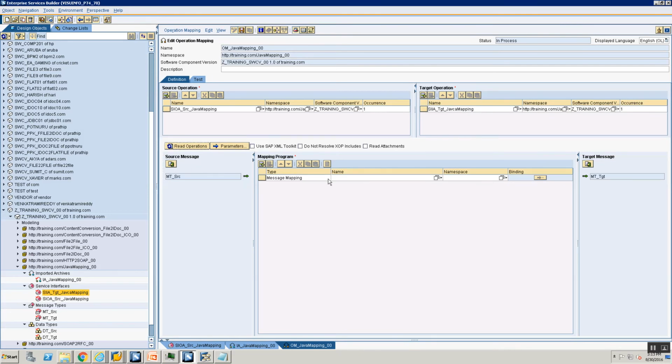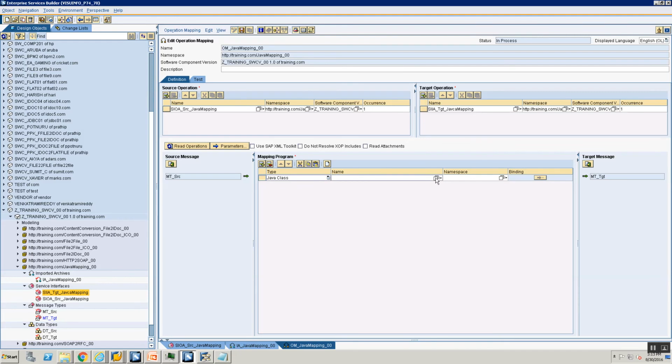Okay. Now, so far we would always drag our message mapping, but can you look at the drop down here? The drop down has multiple other options. A Java class is equivalent to a Java mapping, an XSL is equivalent to an XSLT mapping, an ABAP class is equal to an ABAP mapping, an XSL on ABAP engine means you write an XSLT mapping that gets executed on the ABAP engine. Okay, this is something you will never ever use. So let's go ahead and select Java class.